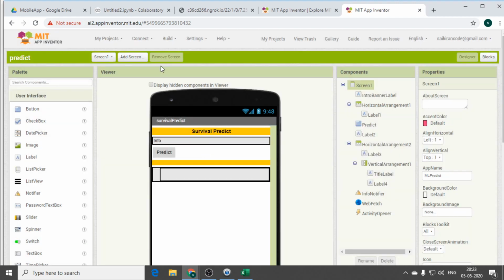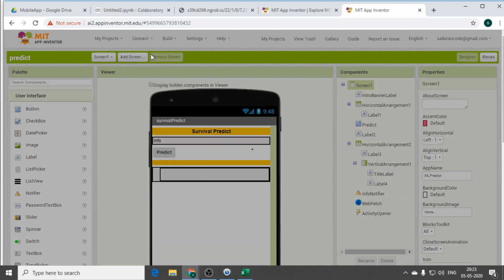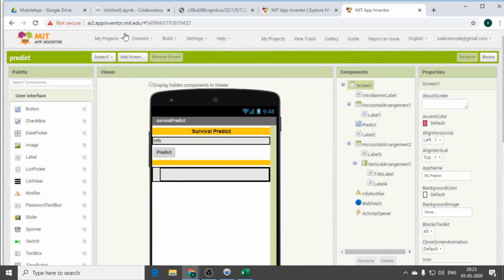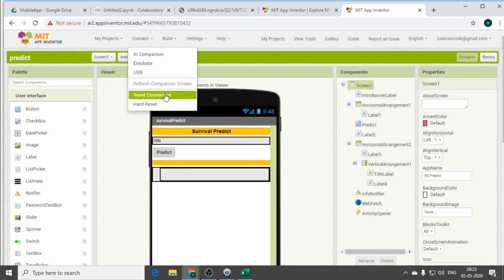Let me make the connection once again. In connect, you can go for AI Companion and scan the QR code. If you are facing any issues, then you can refresh it. No issues with that.